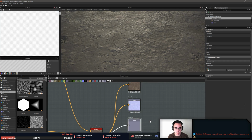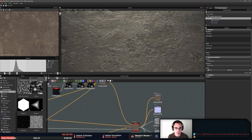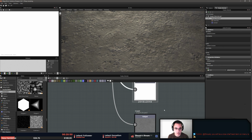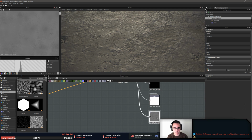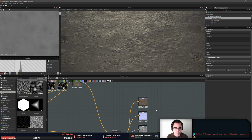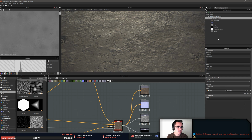Okay, so we got all our guys here. We need roughness, we need normal, we need base color. We don't need ambient occlusion because the height of this is so weak. Height map, if we were doing displacement, we'll look at displacement later when we get to the root stuff. So now that we have all those guys, can we just...